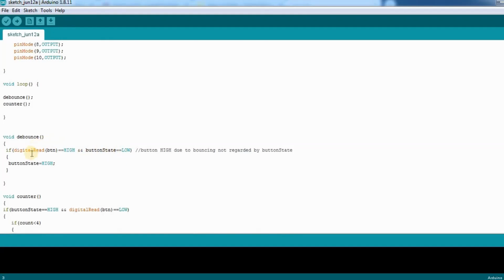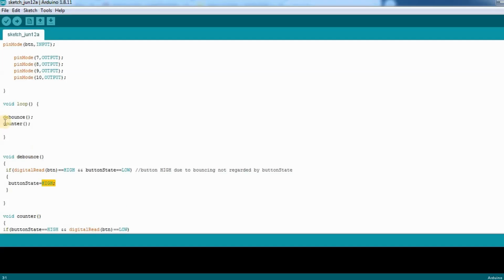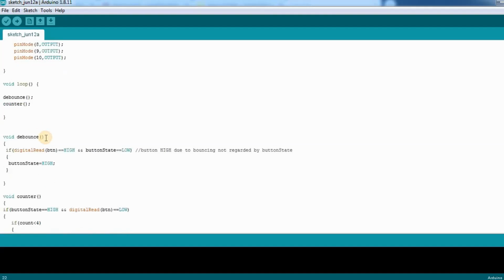So only if the button is pressed and the initial state is low, it will change the button state into high. That means the button is considered to be pressed now, and then it calls the counter function.